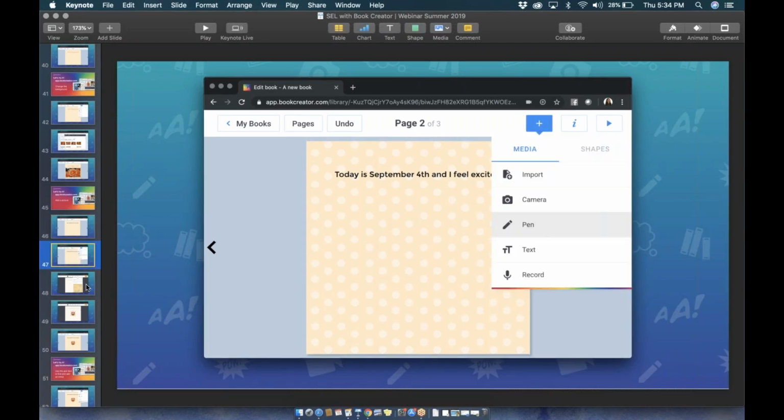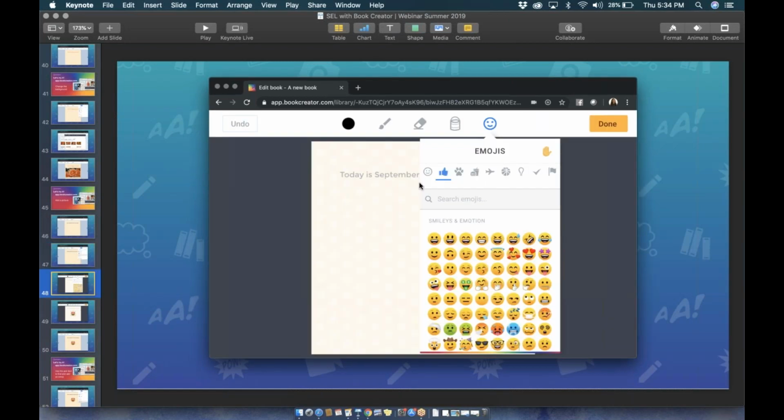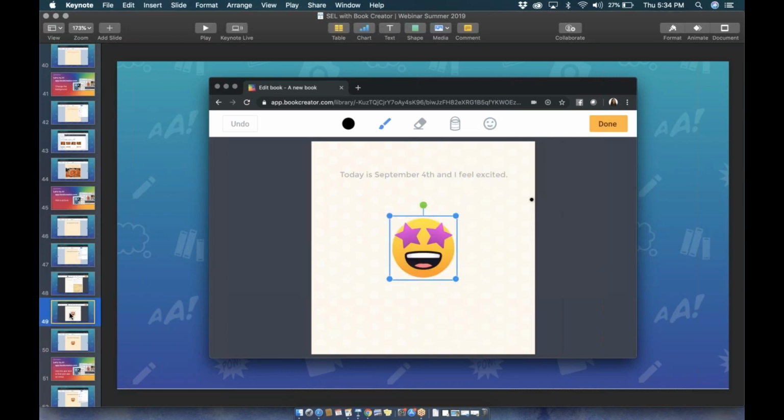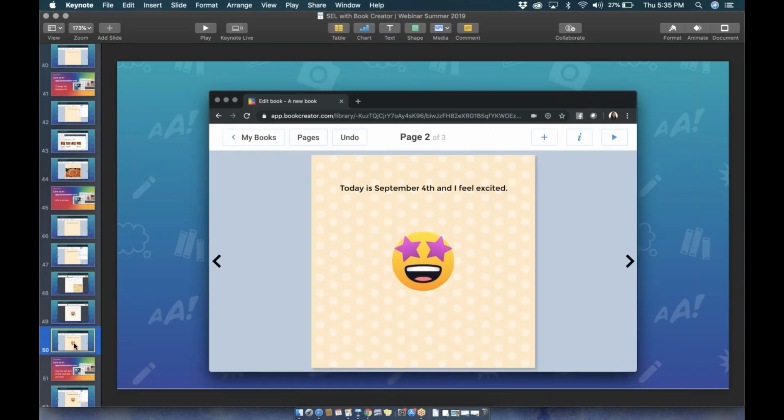If you haven't seen this yet, I am so excited to show it to you because it's kind of new. It's new this summer. Once you hit the plus sign and the pen tool, there are emojis now inside of Book Creator. So you can search for an emoji by typing in a keyword, or your kids might know exactly which emoji. I was using emoji with high school students today, and they knew exactly which emoji was going to be the one that describes them. So you can choose whichever emoji fits with that feeling, pop that emoji on the page, center it, and leave it wherever you want it to go.